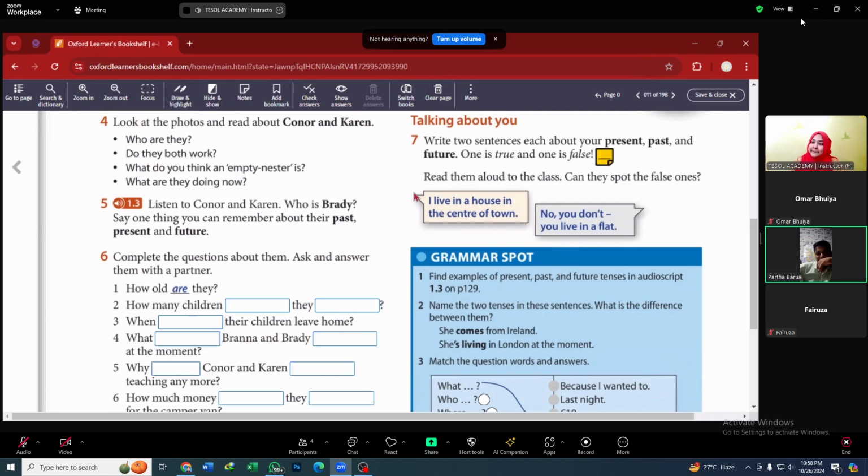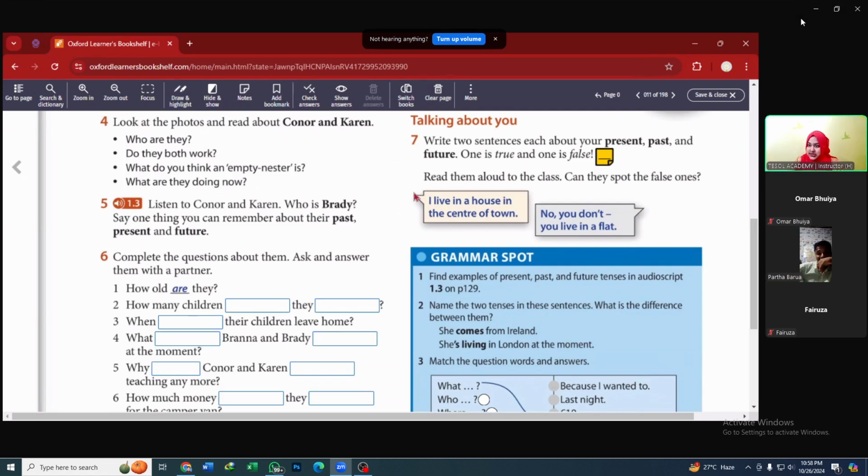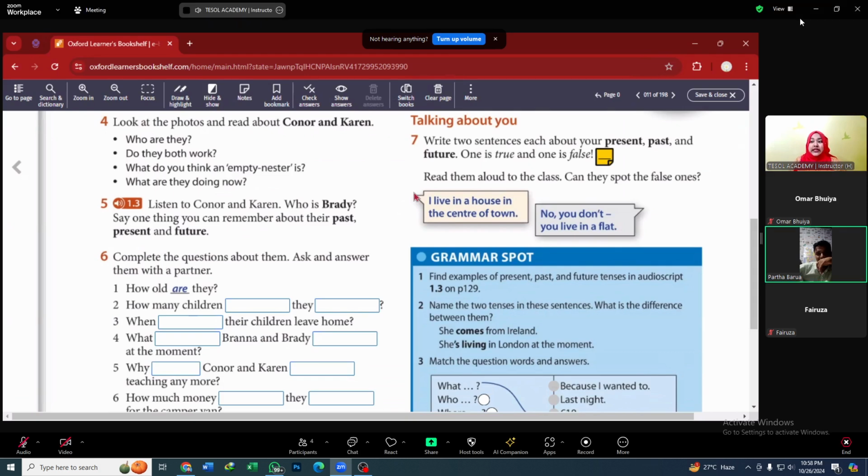They are traveling the world. Another thing about their past, you could also have said that last year they went to Europe. They went to France, Portugal, and Spain, right? Okay. One thing about their future,